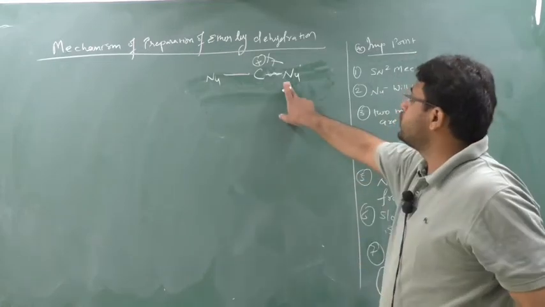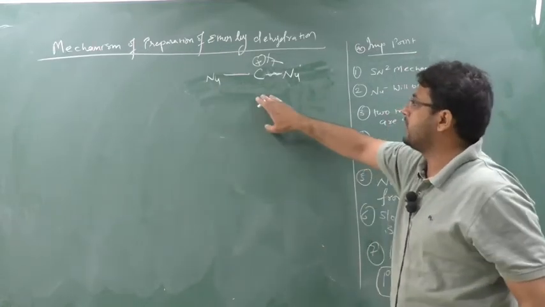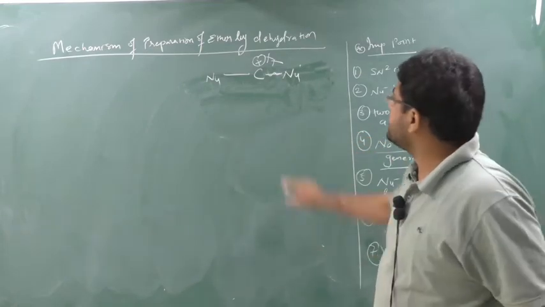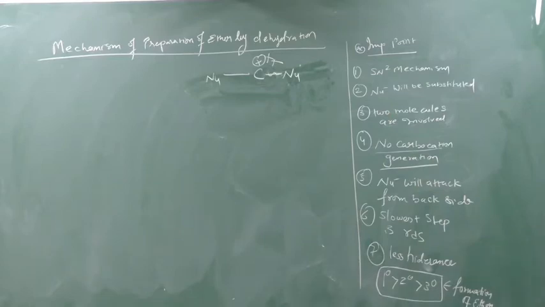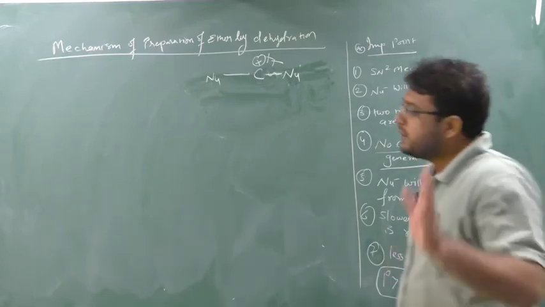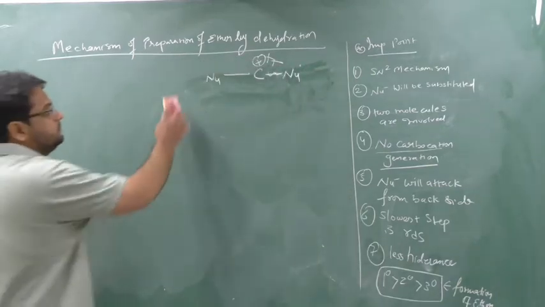So this is nothing but nucleophilic substitution reaction. One has to go, another has to come. If it goes, suddenly it will come. There will be no time for the generation of positive charge, which means no time for the generation of carbocation. That's why I tell you that in the SN2 mechanism there will be no generation of carbocation. Clear?